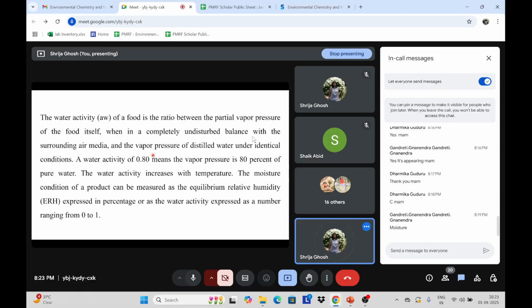Okay, this is clear. So water activity is generally ranging from 0 to 1, and if you multiply it with 100, you will get the moisture content. Here the water activity of 0.8 means 80% moisture content is there. Okay,